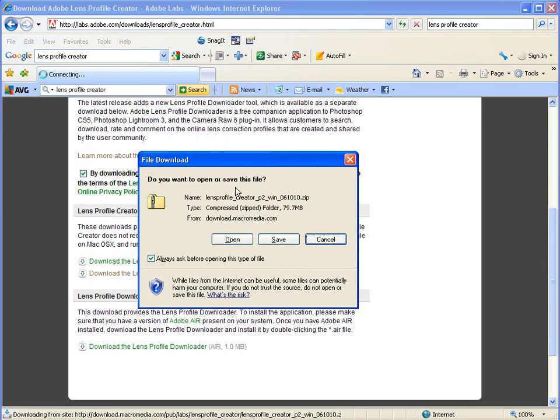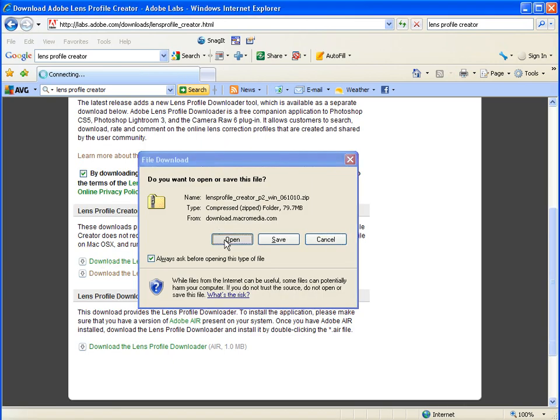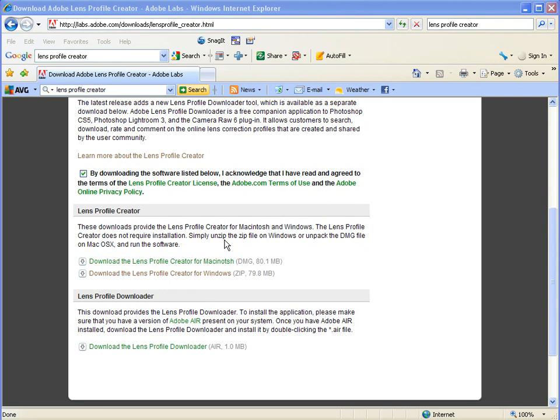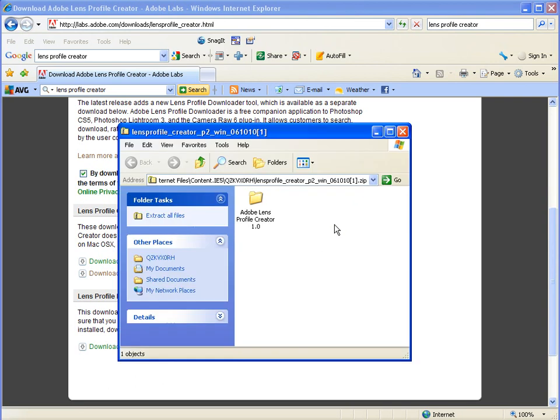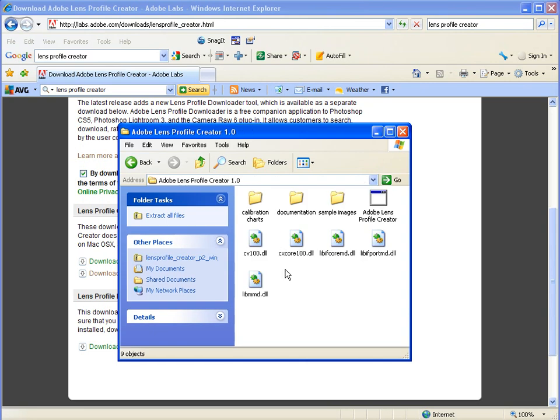Once the file has downloaded, you'll need to click open to unzip the contents. So just click like that and wait for a few seconds, and you'll see a folder called Adobe Lens Profile Creator 1.0. Double click to go in there, and there's a variety of useful folders inside. Now you'll notice that there's the Adobe Lens Profile Creator sitting there, but the first thing we need to do